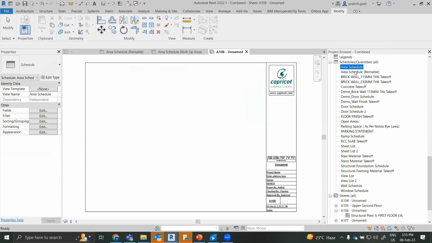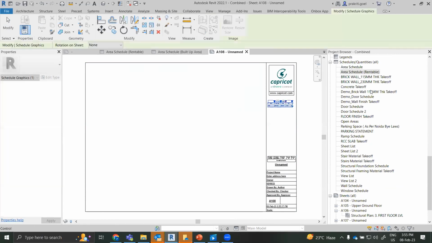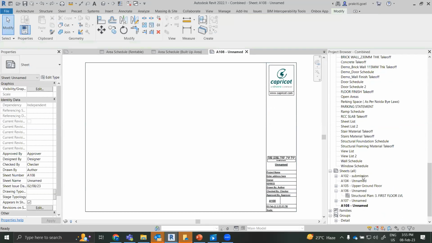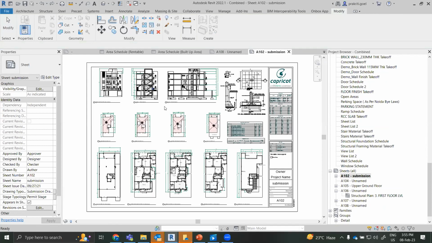So just like how you actually compose your sheets, just like that, where the area schedules will come, where the parking schedules will come and how it will be created. So if you check over here, this is how you get the submission drawings. So this is the final result that you will be getting. So the main part is the area plans, like all the working drawings you actually do in every project, but how you calculate areas with the area plans, area diagram, that is